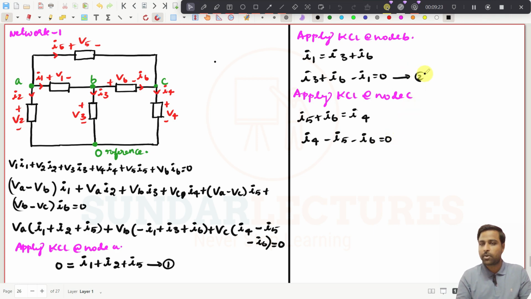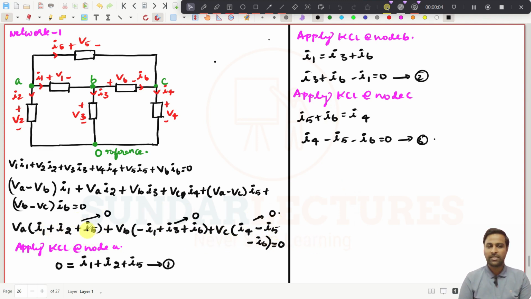This is expression number 2, and this is expression number 3, and try to understand what this value is. This value will be 0, and what is this value? This value I3 plus I6 minus I1 is 0, and this value is also 0. So everything becomes 0. So this is the whole idea. So this expression will be 0, VA into 0, VB into 0, VC into 0. That should be equal to 0. So this is the first